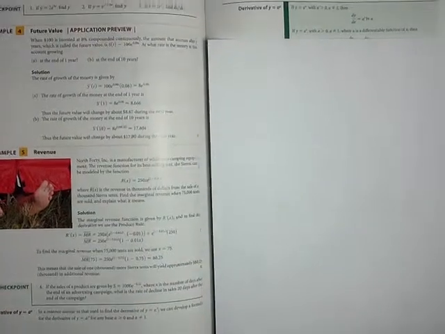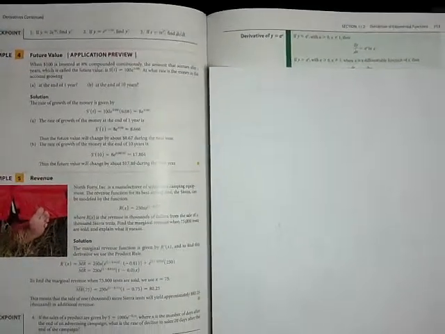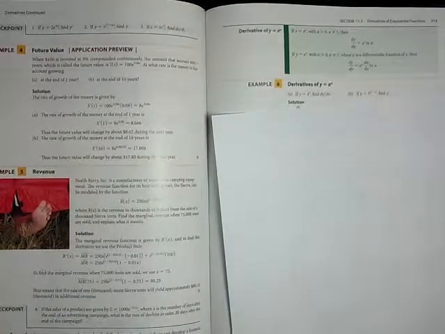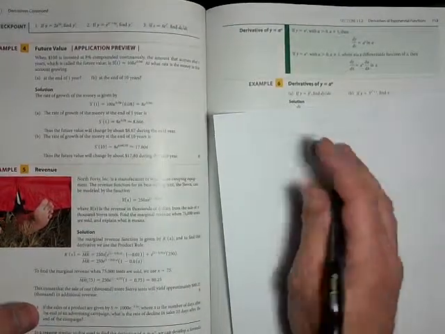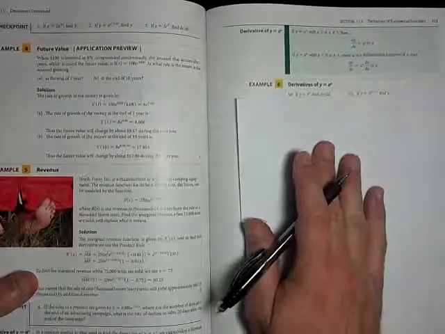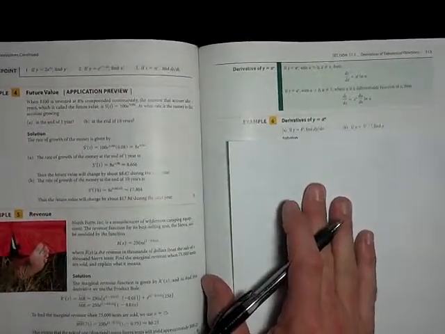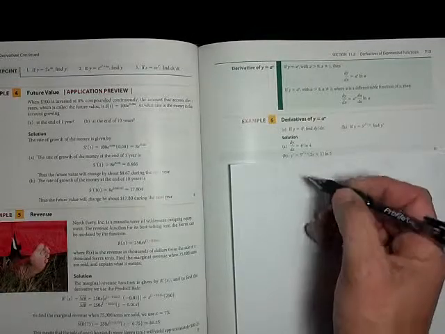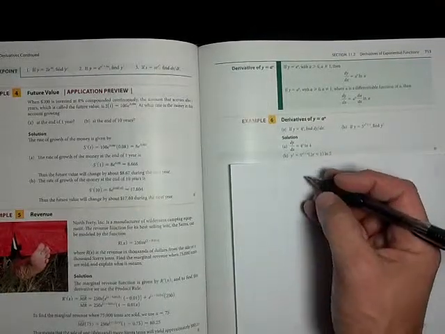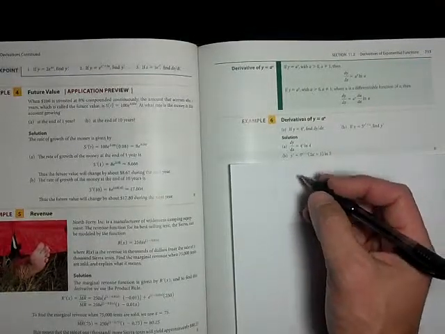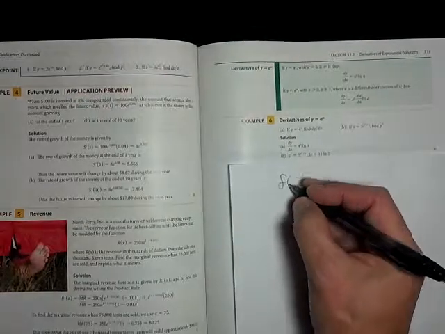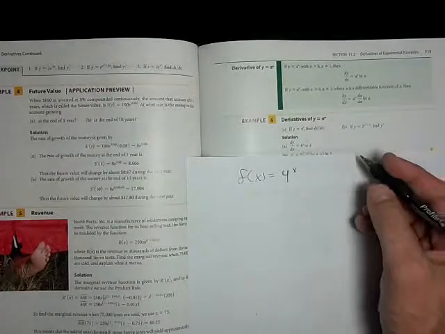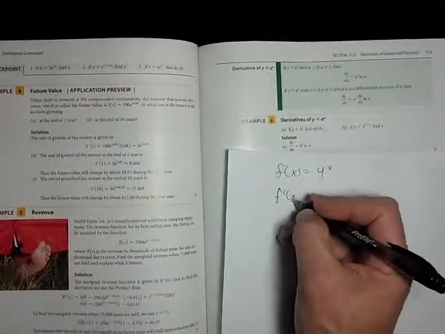Okay, this is actually potentially useful, and that is, well, what if we're not dealing with e to the x? What if we're dealing with something else, like 4 to the x? Oh, in fact, there's the example right there. So if our function is f of x equals 4 to the x, and we want to find the derivative of that,